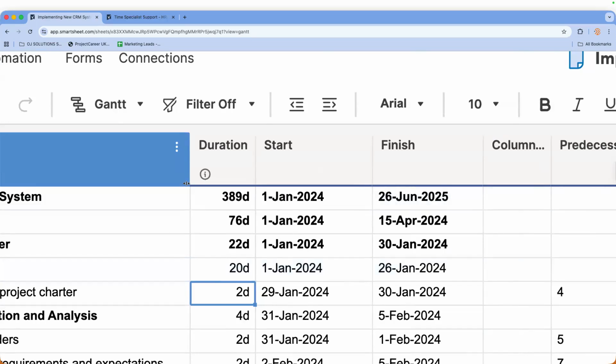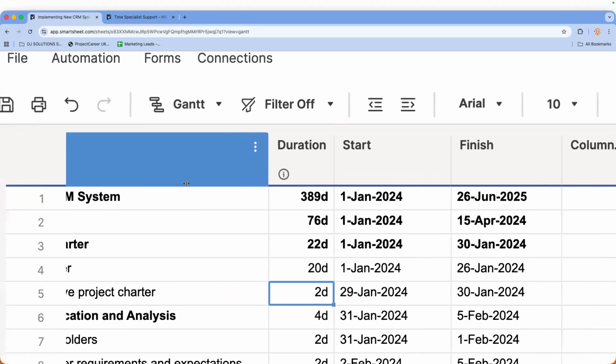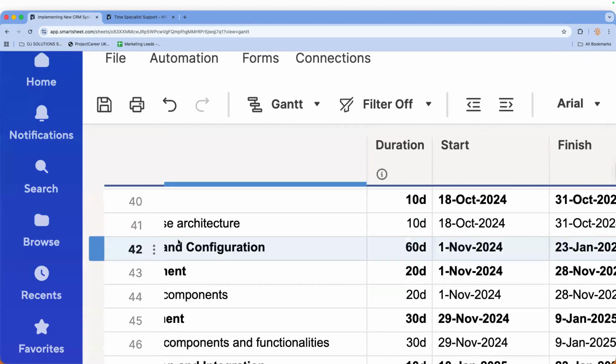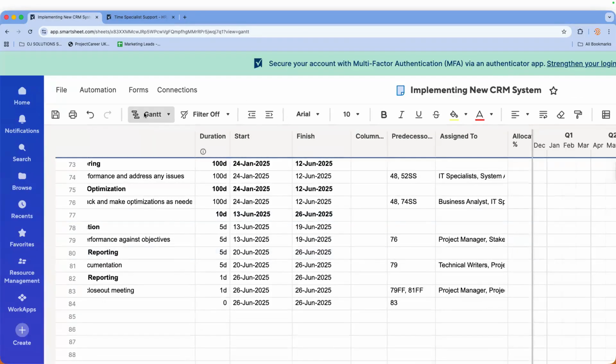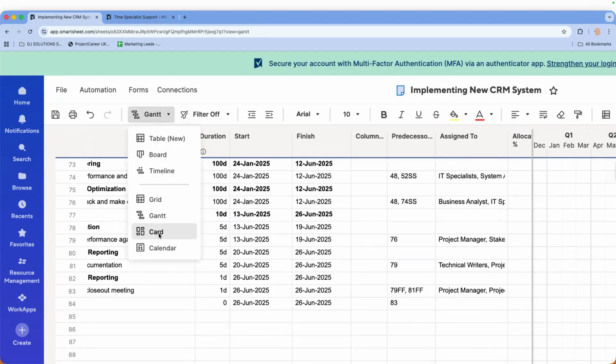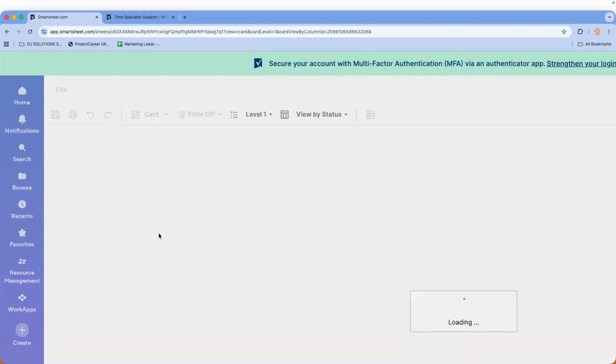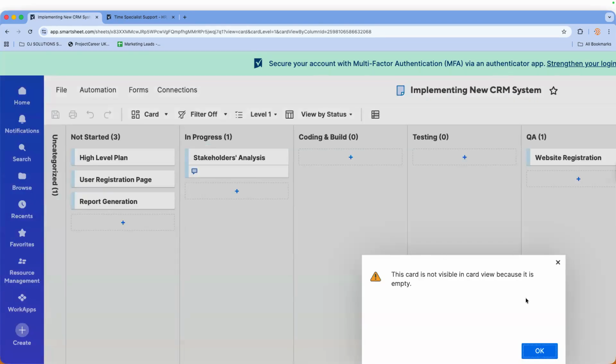Would you only use this software for waterfall? Yes, ideally so. This is exactly what you would use. If you were using agile sprints, etc., you wouldn't use it like this. There's another way you could use it, but this one hasn't been set out, and I'll just show you something real quick if I can zoom back out. So you see the view on here is Gantt. I can take that from Gantt and put it into, as an example, card, right? That card is similar to what you get when you're using Kanban, and you're using agile methodologies.